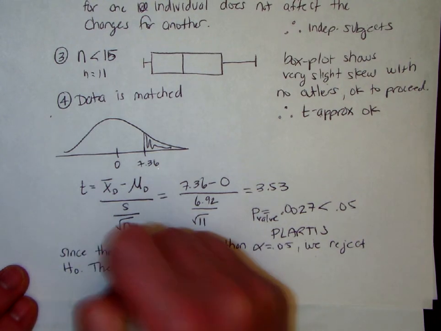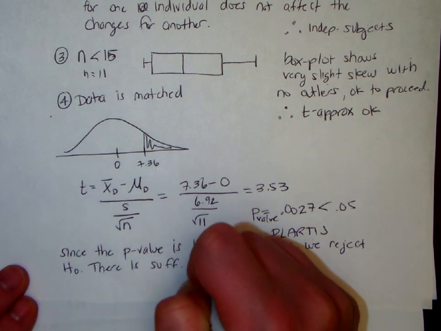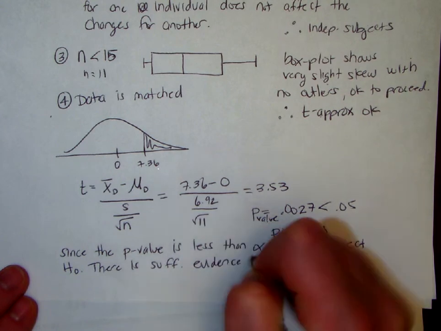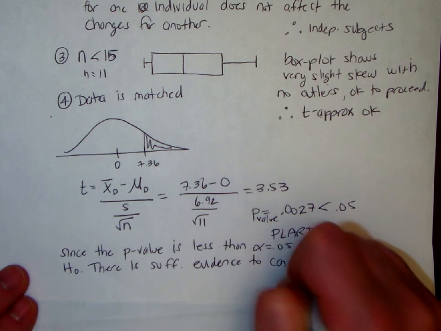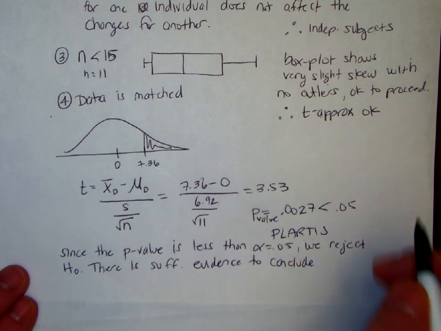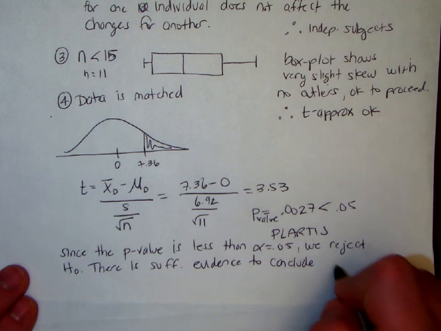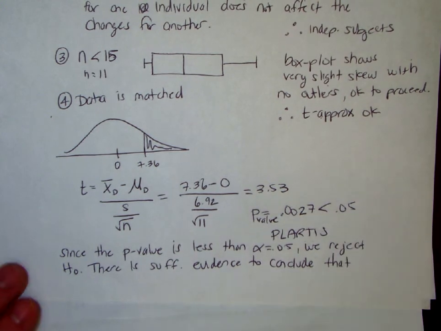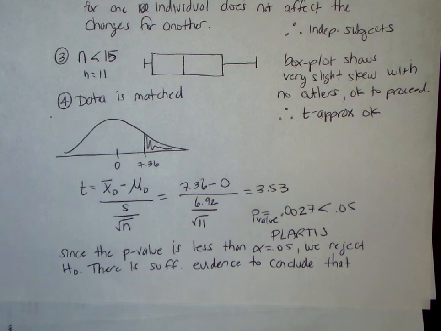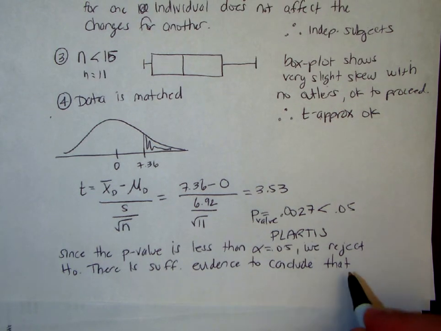There is sufficient evidence to conclude that, and let me look back at the sentence again. They want to know whether being deprived of caffeine would lead to an increase in depression. So there is sufficient evidence to conclude